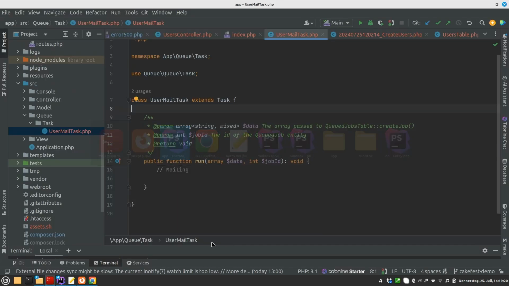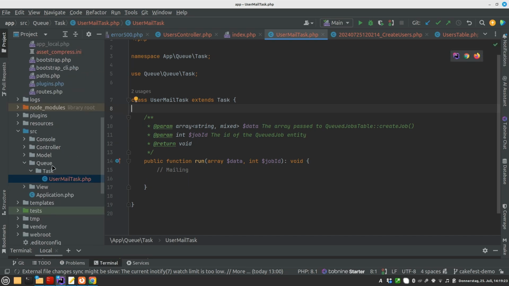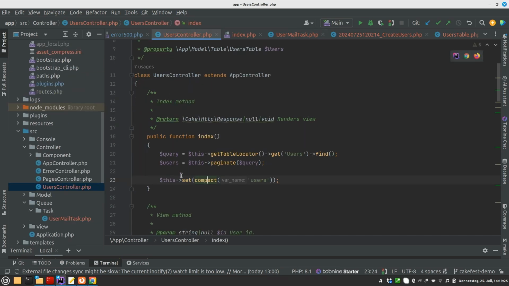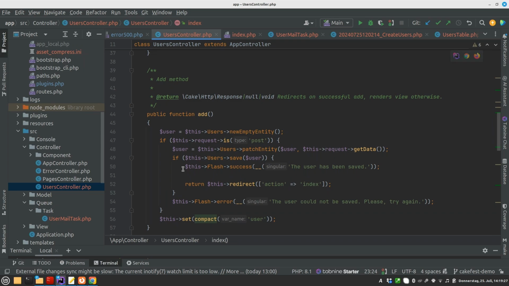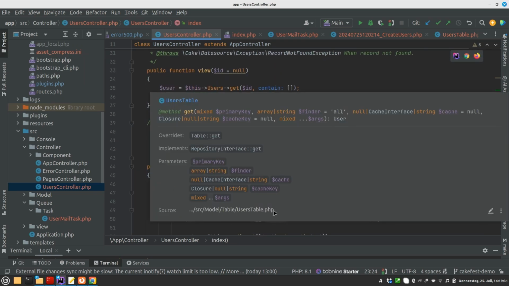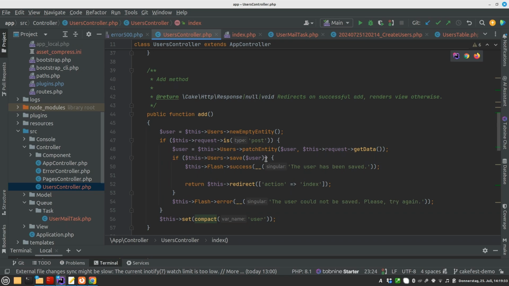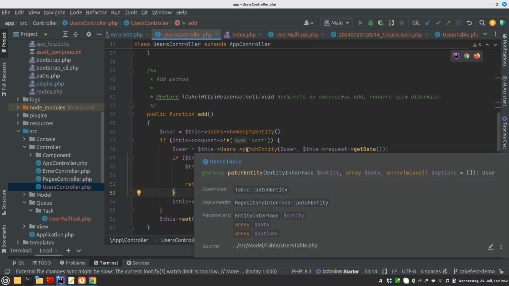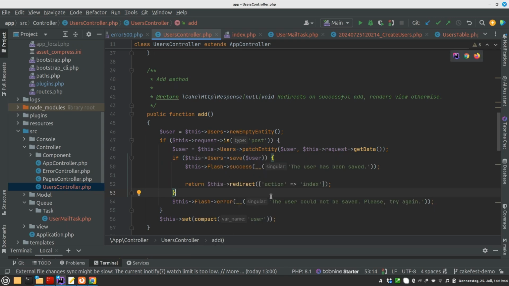And now we can use the table object of the queue anywhere in our controllers. So for now we can simulate it actually by creating a new user. By creating a new user, we can send out the email automatically. So let's do that. If we have an add of the user and the user saves successfully, then we would